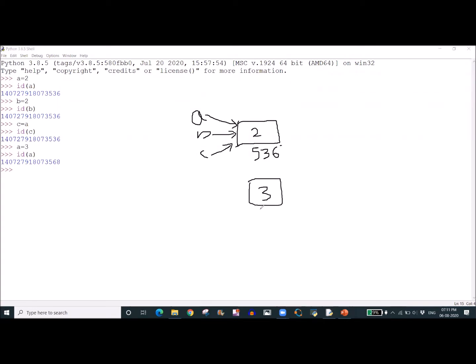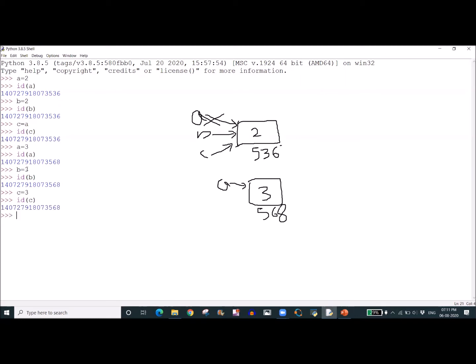The variable a is tagging to the data 3, which is allocated at address 568. Now a is tagging to 3, but not to 2. Okay, I will also tag b to 3. So the address of b is also now 568. Now I am also tagging c to 3. Now the address of c also changes to 568.